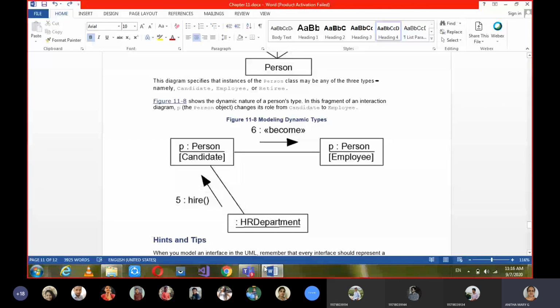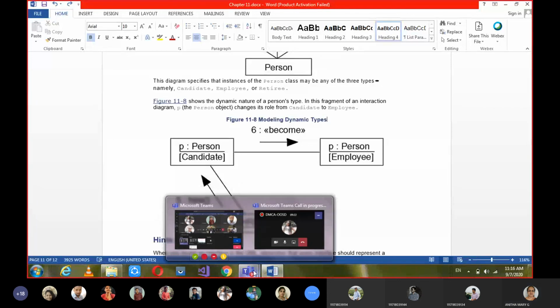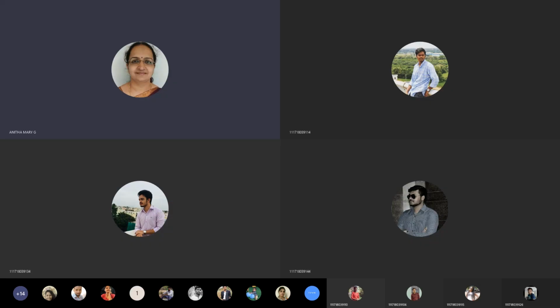So these are the different concepts, terminology, and common modeling techniques which are to be covered in today's class, and these are the